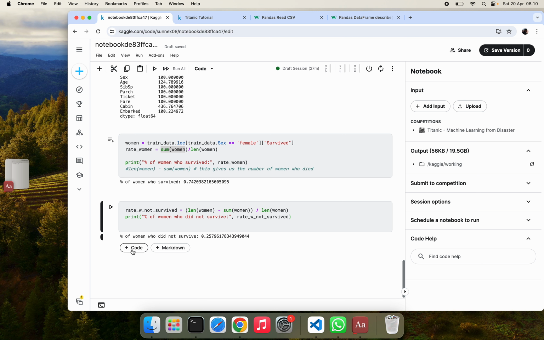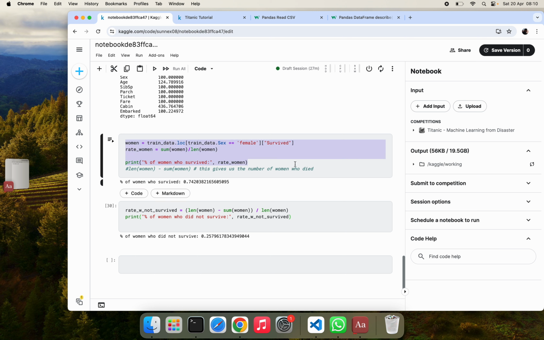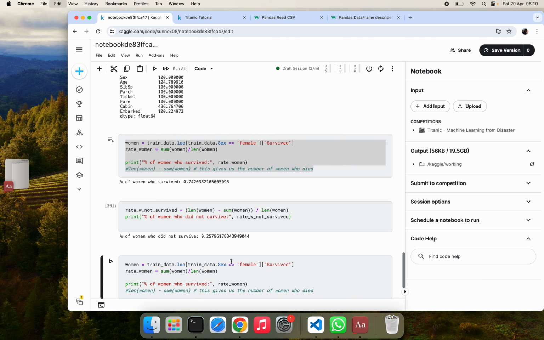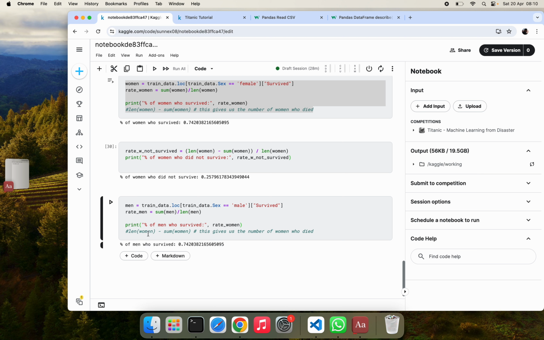Now let's check the men as well. Just copy the same code and paste it here. Then change the variable to men. Change this one to men, this one to men, also this men, for those that survived. So let's run that. Okay, sorry, change this. Good. So for men, there are